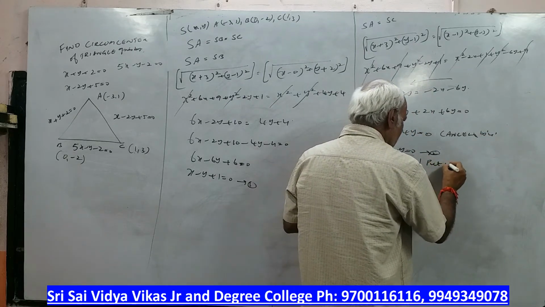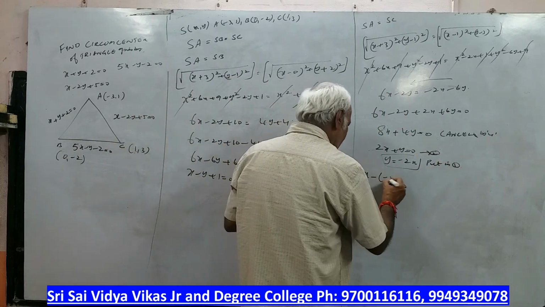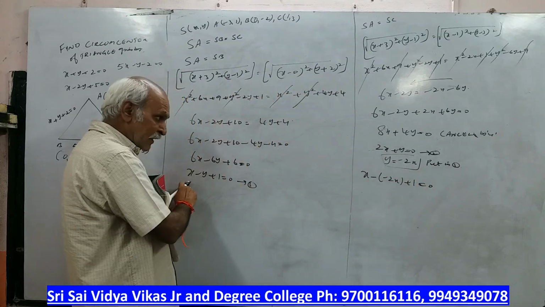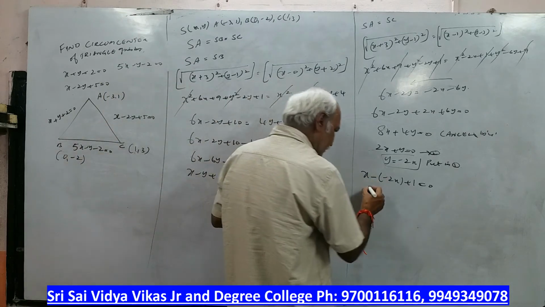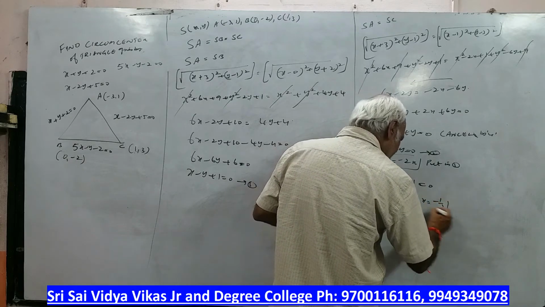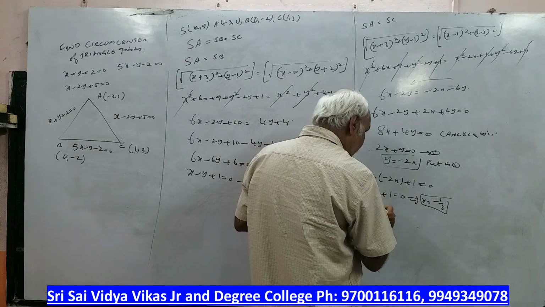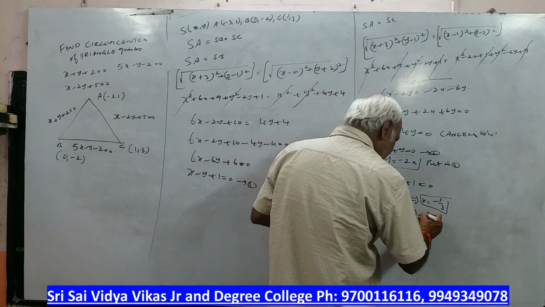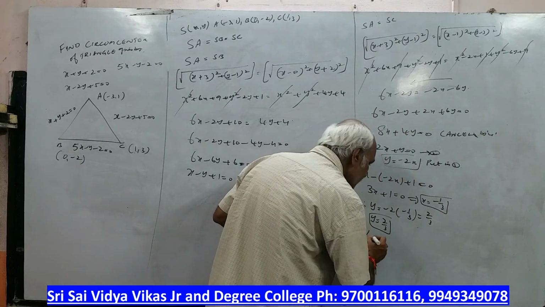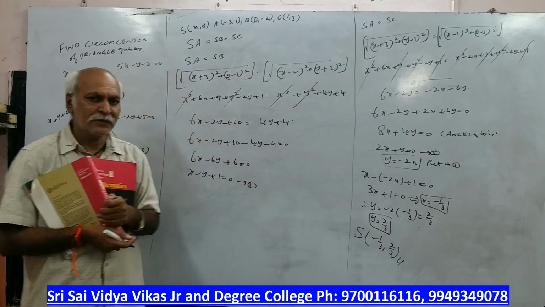Put in 1. So again we got from here. So I am putting in the first equation. X minus of minus 2x plus 1 is equal to 0. Because x minus y plus 1. So x minus of minus 2x. So minus of minus become plus, 3x plus 1 is equal to 0. X is equal to minus 1 by 3. Because 1 if you bring here it becomes minus 1 divided by 3. Therefore y is equal to minus 2 into minus 1 by 3, 2 by 3. Therefore y is equal to 2 by 3. Therefore circumcenter minus 1 by 3 comma 2 by 3. Okay, so SA is equal to SB is equal to SC concept.